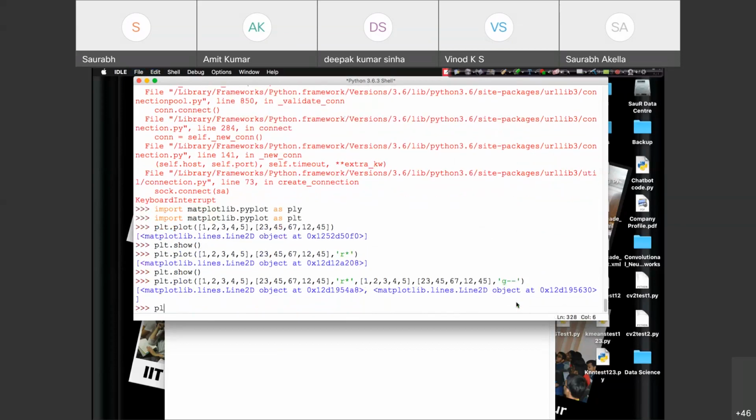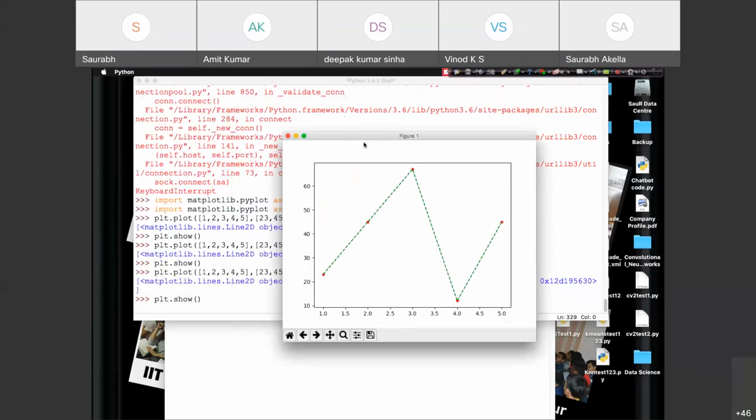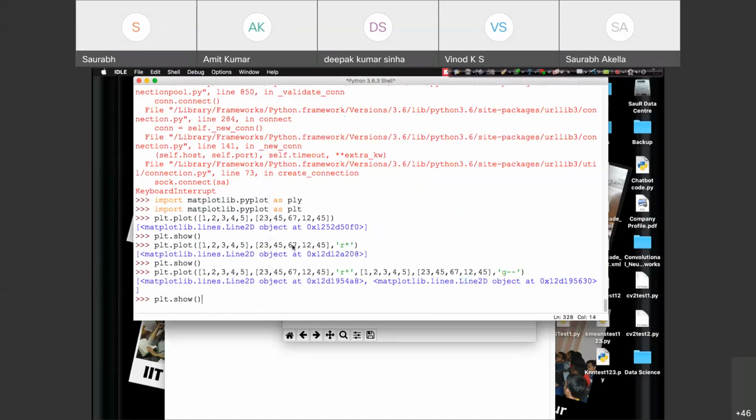And plt.show the graph. So, dotted line along with the points, right? So this is how we'll be able to plot 5 different values every time in real world, real time, right? So let me copy this line of code.